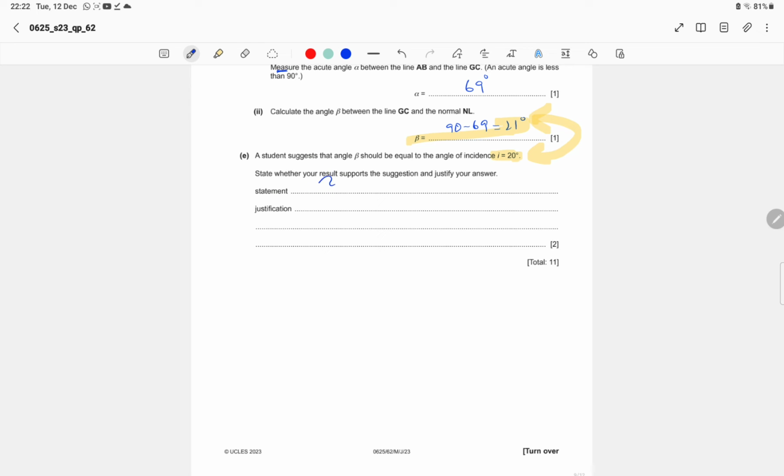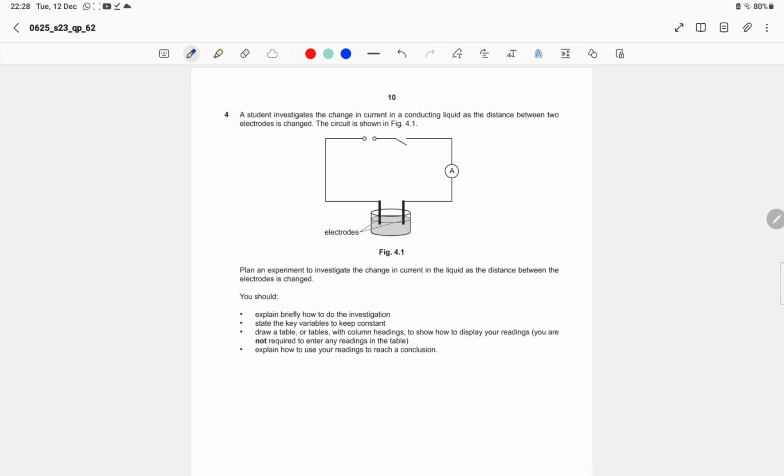So his suggestion is correct, because angle beta is not far from the angle of incidence. Okay, so his suggestion is absolutely correct, but if there was a huge difference, his suggestion would be wrong. Okay, moving to the next question, it states that a student investigates the change in current in a conducting